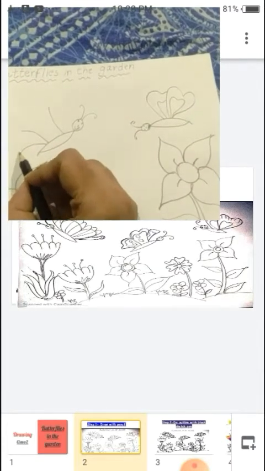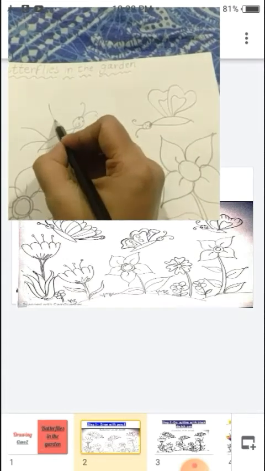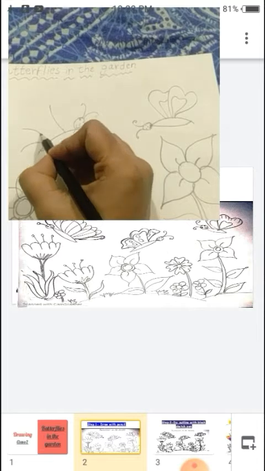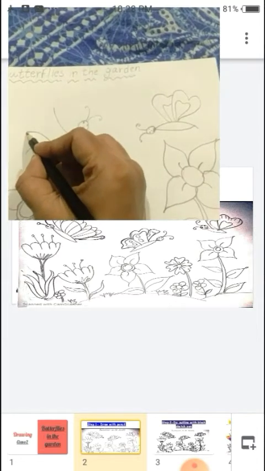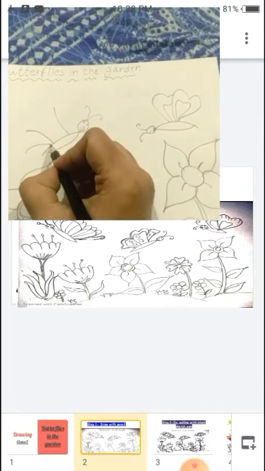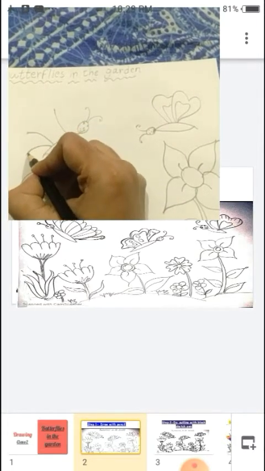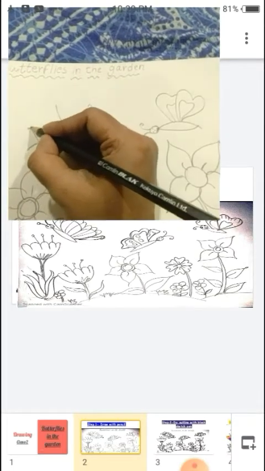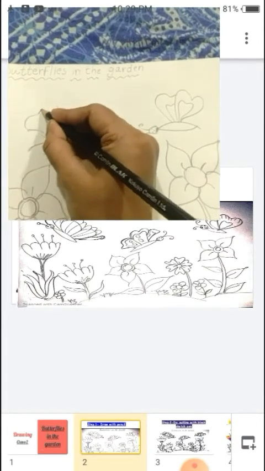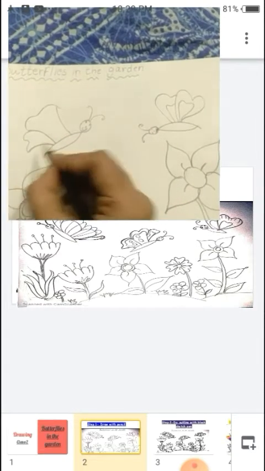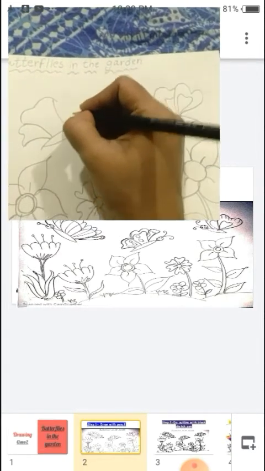Again this way. Okay, one curve up. Keep some distance over here. Another curve this way. Okay, towards your left side. Slight curve. And a little bended curve this way. Okay, students. Now make a design this way nicely. Here also make a design. Okay, when it flies, how it looks.